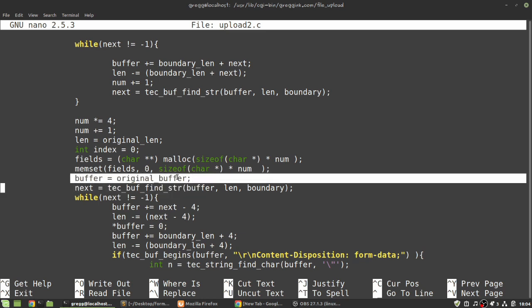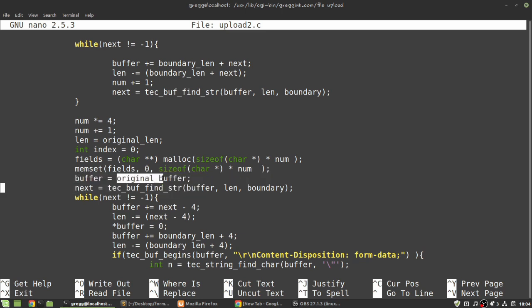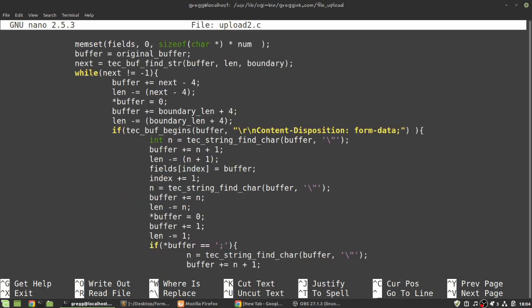Buffer, I go back to the beginning of the buffer. So original buffer, that was basically the starting point of the buffer. And now I find a boundary again, the first boundary again in the buffer. While next is not equal to -1. So now I'm just going through all the boundaries and putting the relevant strings in this array fields. The buffer, I move that pointer up by next